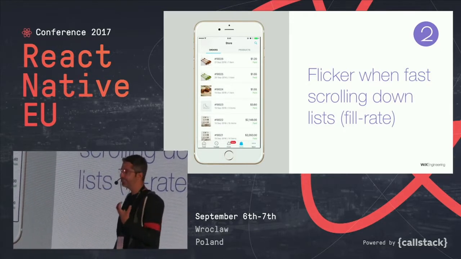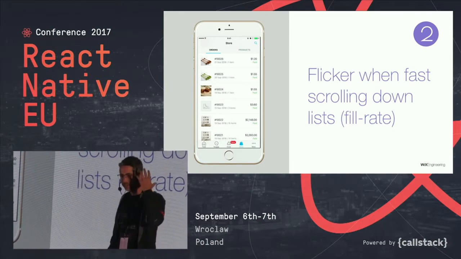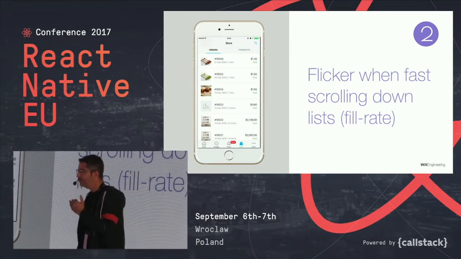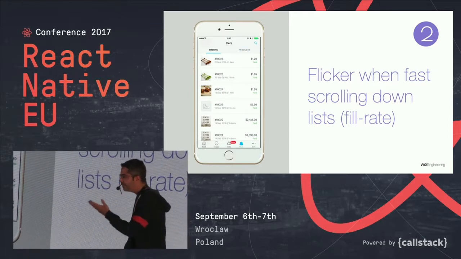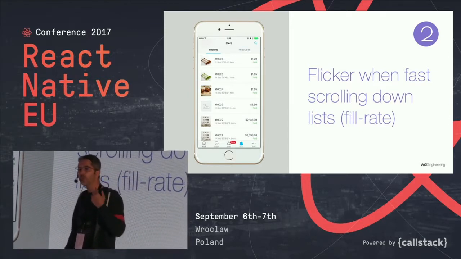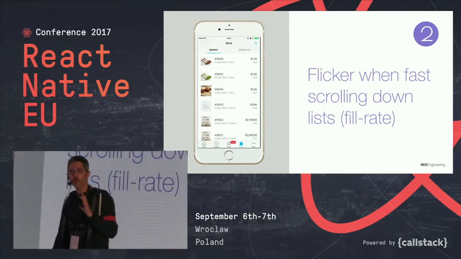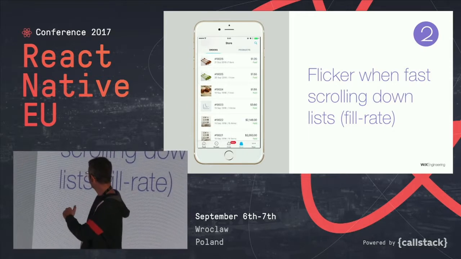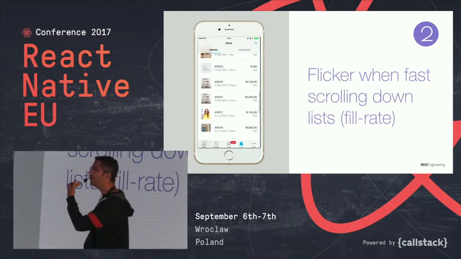Okay, we all know that lists are a very core thing in mobile, and smooth lists are like the pinnacle of mobile development. So in our app, we have a complaint from product and UX that there is a flicker when we scroll the list very, very fast. So again, what I did is I did a slow-mo video so you can see what I'm talking about. So look at the cells from the bottom, and they're white, and they're just appearing.